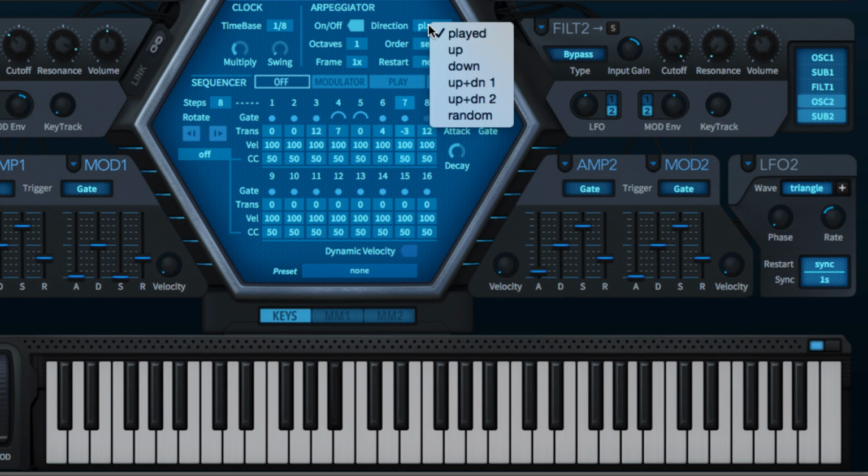Up cycles from the lowest note to the highest, while down runs from highest to lowest. Up and down 1 cycles from the lowest note to the highest, then back down again.